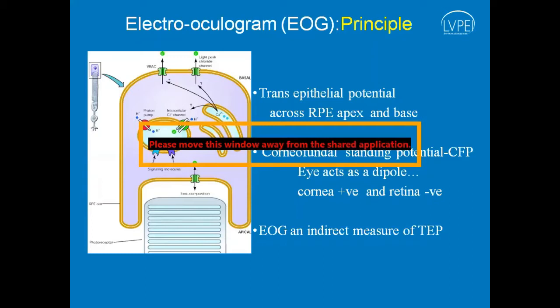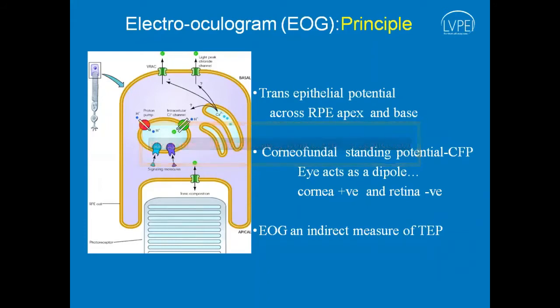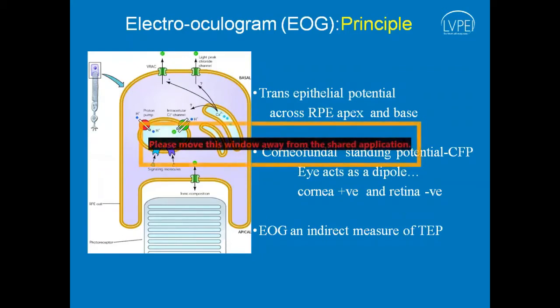This resting potential changes with movement of the eyeball as well as with light and dark. So this has been exploited in the electrooculogram protocol. Whenever the eyeballs move within a fixed distance, say 30 degrees from one side to the other, and we put electrodes to record the electrical activity, the sequence of change in electrical potential undergoes a specific change.